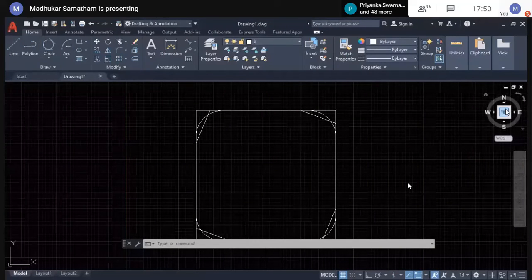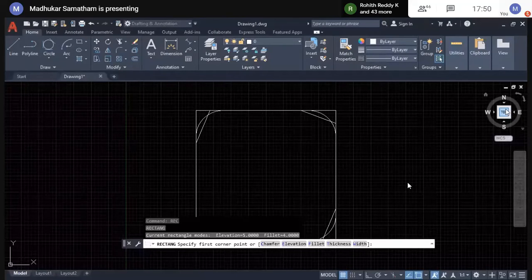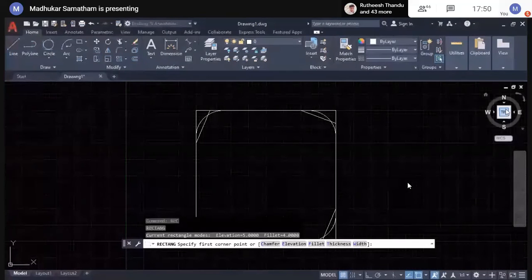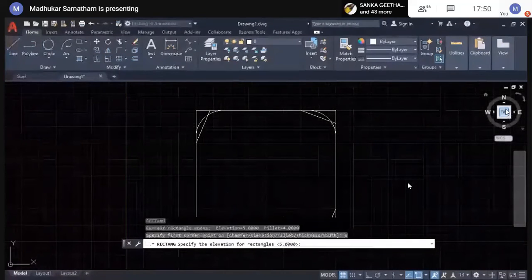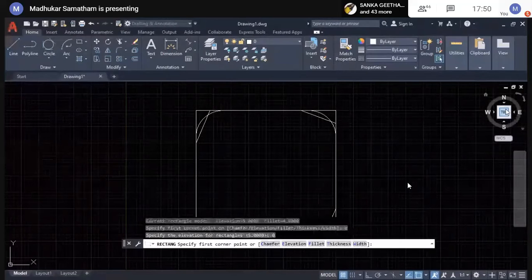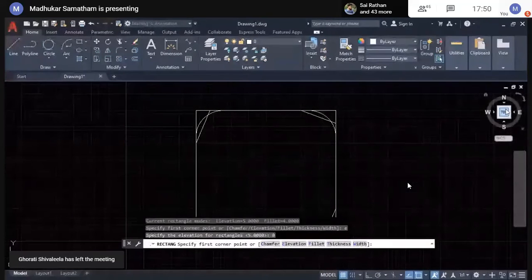Don't forget to make sure those rectangle options are 0, 0 in all fields. Like elevation also, now I am making it 0, or else whatever drawing entities we create by using the rectangle option will be generated at the elevation of 5.